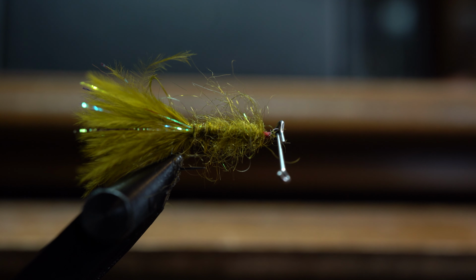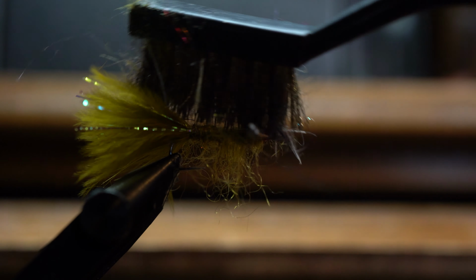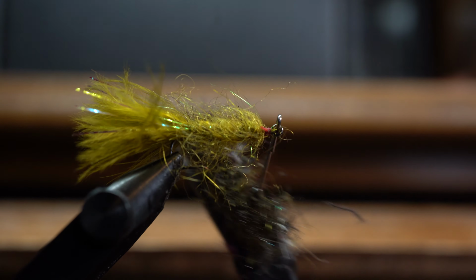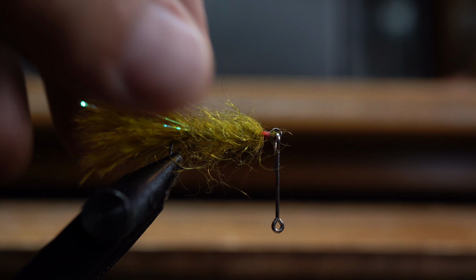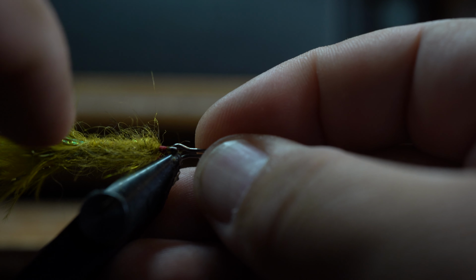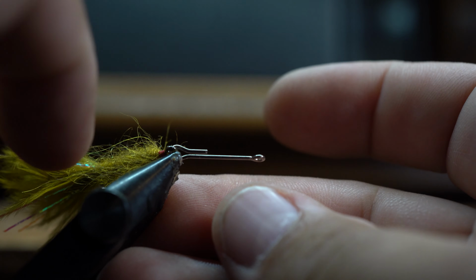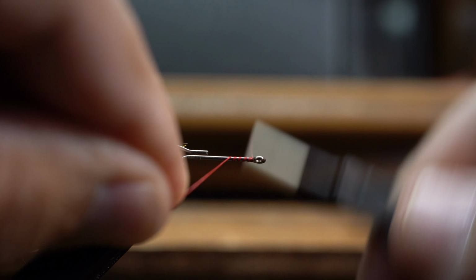And then what I like to do with my dubbing is just get my trusty little wire brush here, just comb it all out. So you can see it kind of bulks up the body. Alright, now what we do is we take our hook out and we simply pinch it right there. So now we go to the second part of our fly, and this is the articulated part, or the hook shank part. So we'll put back on our red thread,